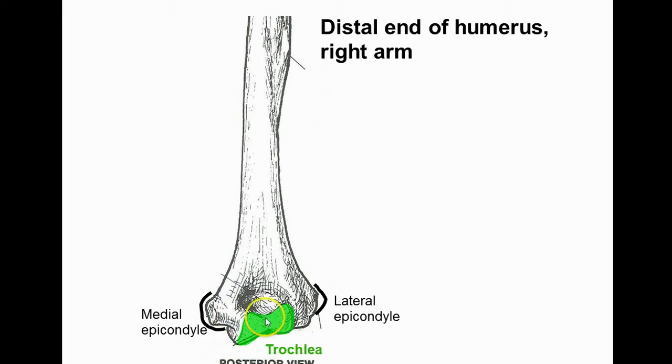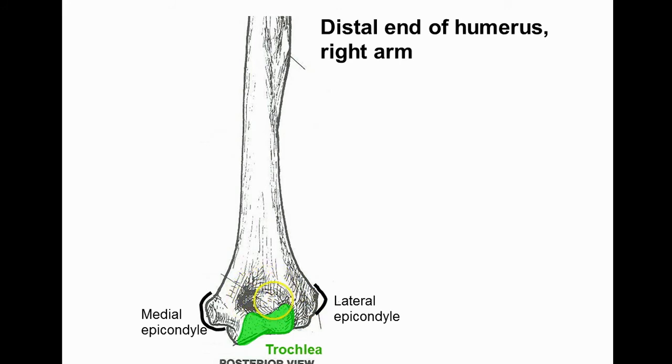We see again in this view the trochlea. It looks a lot more spool-like from the back, but what's essentially missing from this back view is that capitulum. And so if you have your hand in the anatomical position, the capitulum would be kind of on the other side of the bone. It would be about here on the lateral side, because radius is always lateral, capitulum meets the radius. Our final